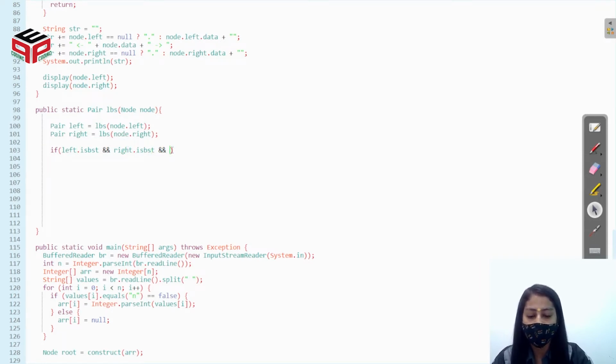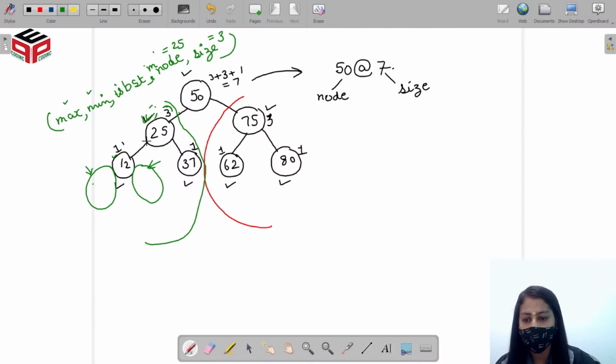So it will check if the value present at the node is greater than the maximum value of the left subtree, right? The maximum value of the left subtree here is 12, so 25 will check if I am greater than the maximum value of the left subtree.